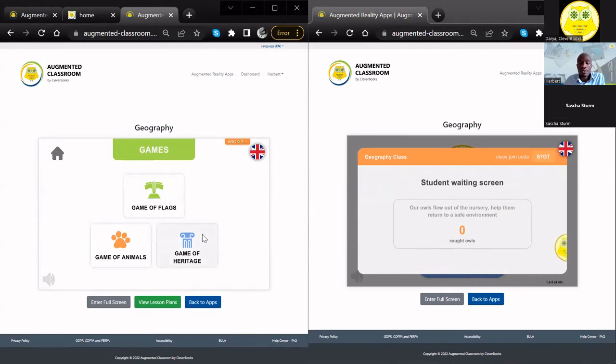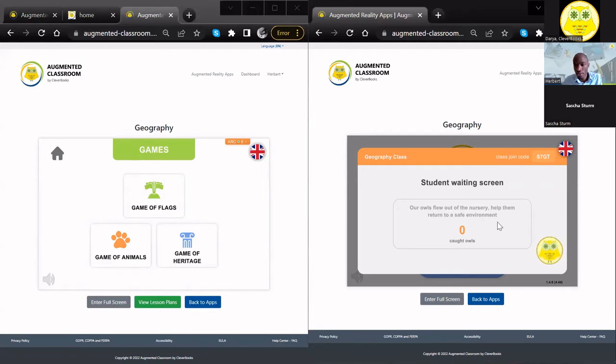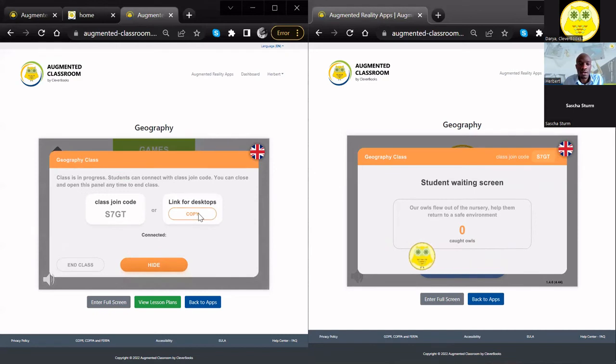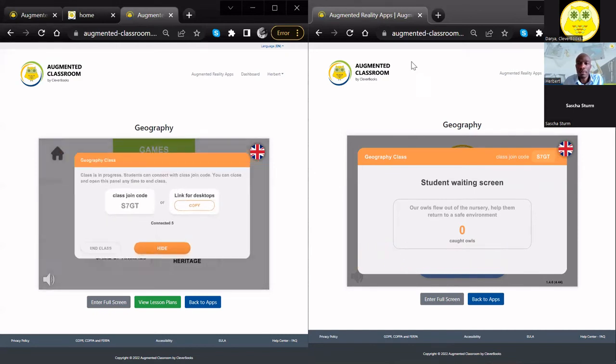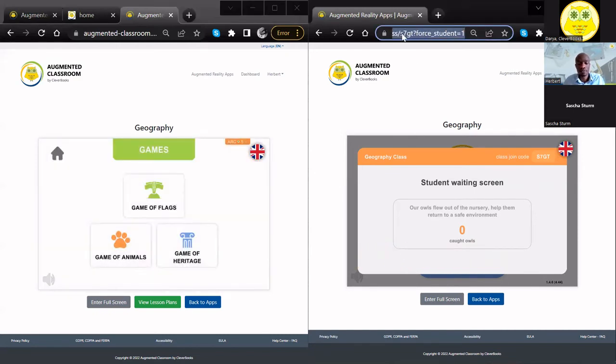So for example, maybe I want to assign my students a new lesson to give them something to learn about flags, right? So hopefully this will allow me. I hope I haven't overloaded it. I think I probably have overloaded it. So I'm just going to put the link in there.